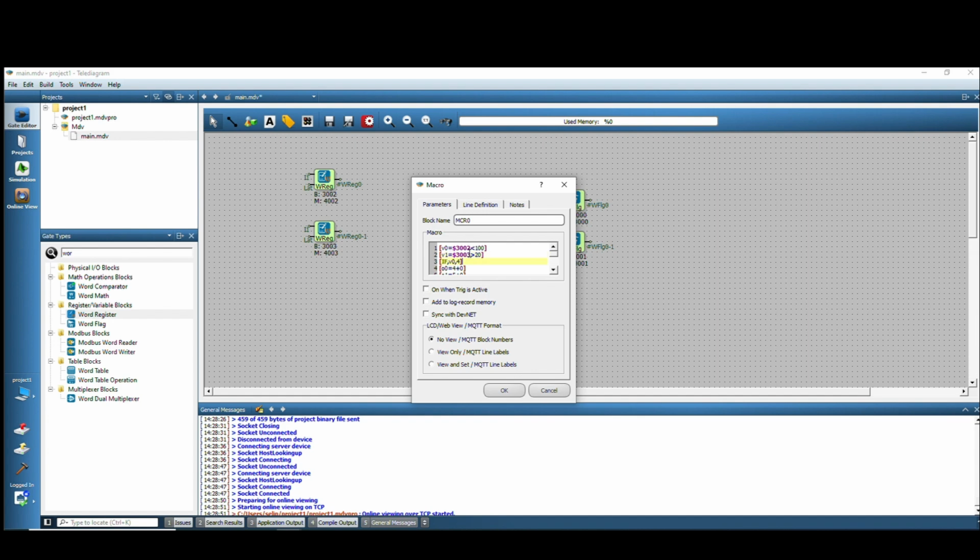Then, if both conditions are met, let's add a new condition below it. That is, if both the v0 condition, block 3002 is less than 100, and block 3003 is also greater than 20, we can use the OR operation for this condition fulfillment situation. Meaning if both signs are met, it's enough for me. Then we can introduce